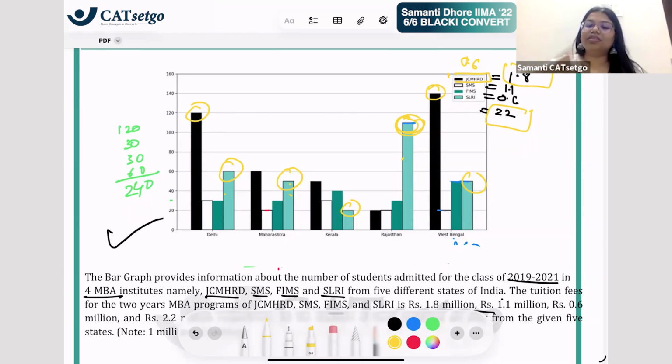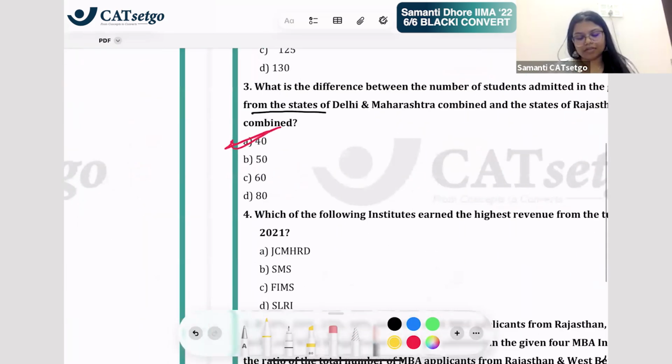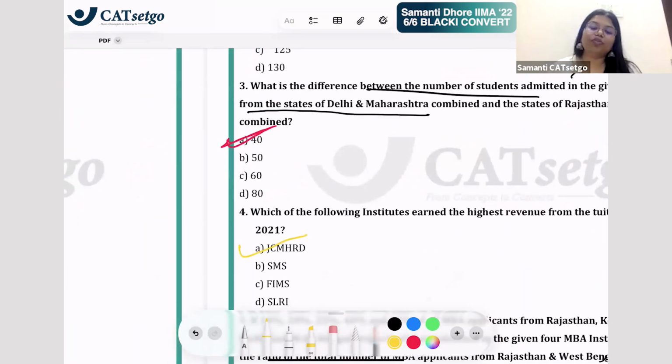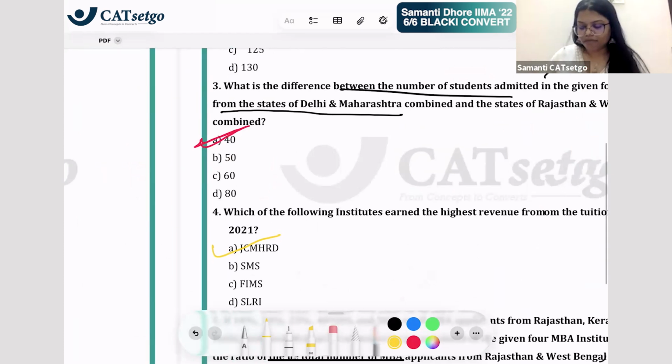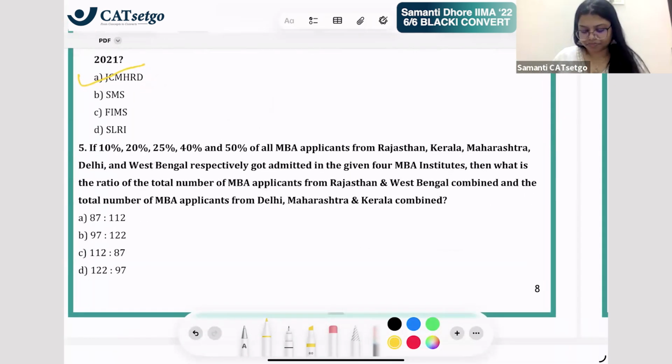But now I don't even need to calculate because its fee is also one of the highest and the number of students is also one of the highest. So definitely the answer ought to be that. So not every time you're supposed to calculate everything. You can be very observational and witty about it is what I'm trying to tell, right? And also we are solving some basic questions first because that is what we do whenever we learn any new topic. Okay, then. अब देखो ये question करो. If 10%, 20%, 25%, चलो करो ये सवाल करो पहले.